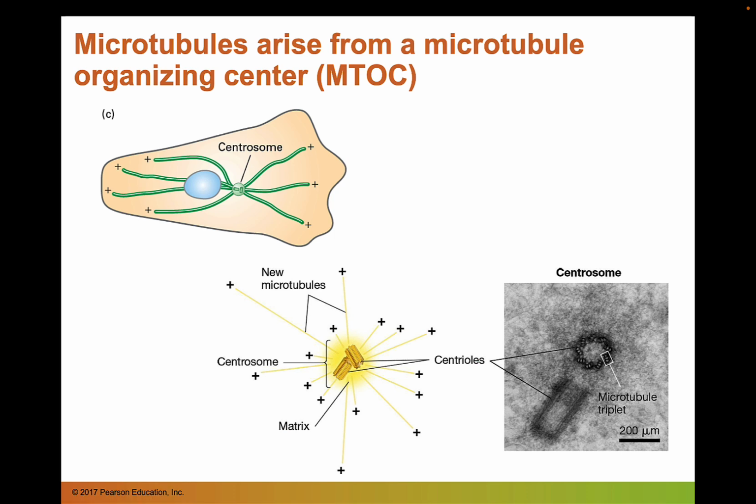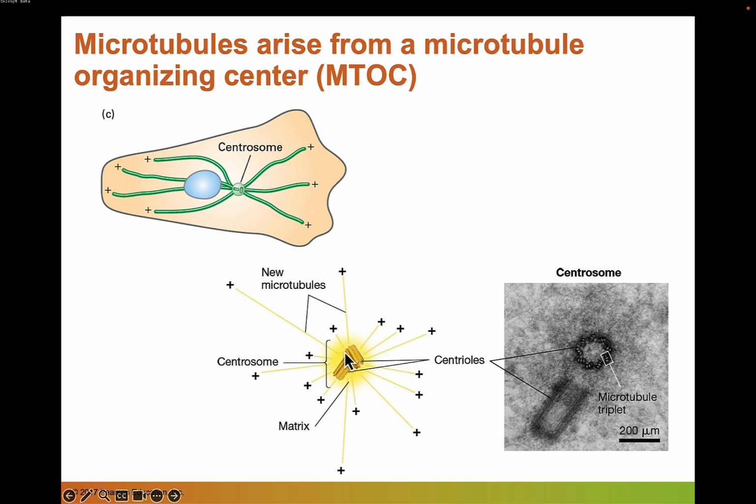Okay. As I mentioned, microtubules, at least, will arise from a microtubule organizing center. And at least in animal and fungal cells, we just have one of these. So here's a picture of what a microtubule organizing center looks like. It is made up of a centrosome, which contains a pair of centrioles. And so centrioles are made up of microtubules in this unique